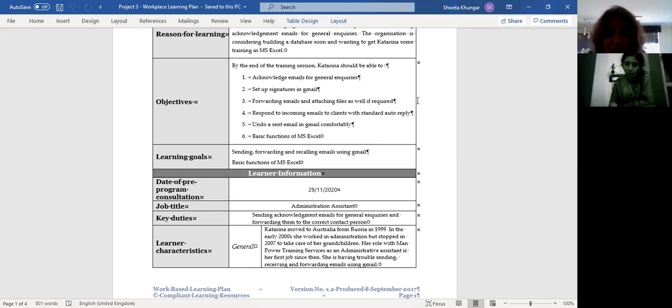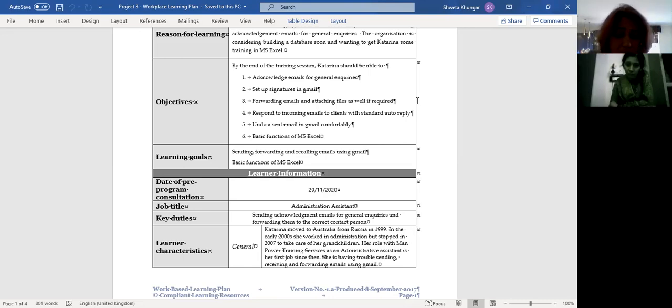And there is going to be another training, which is an external training. This Gmail training is going to be an in-house training with myself. I will be your trainer for that. But there will be an MS Excel training that I have organized for you, and that is with Progressive Learning Group. They're going to train you on MS Excel.